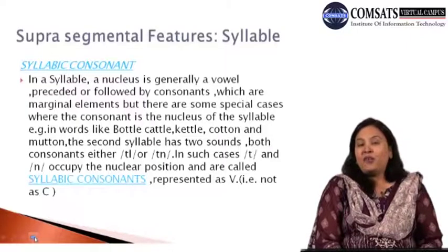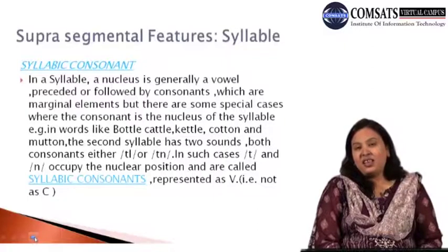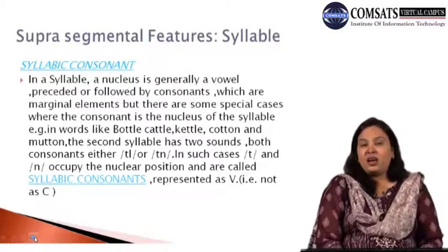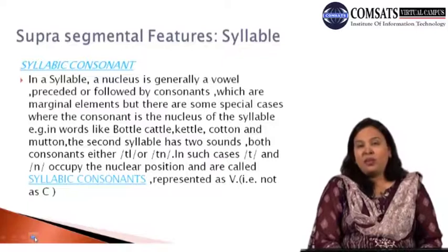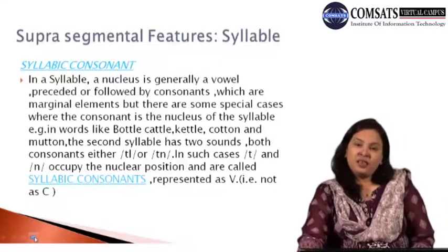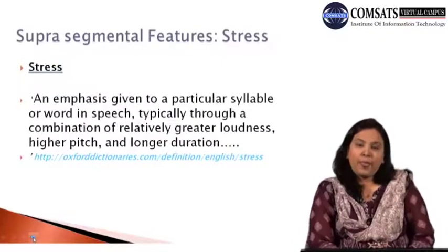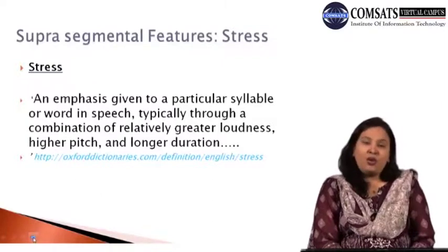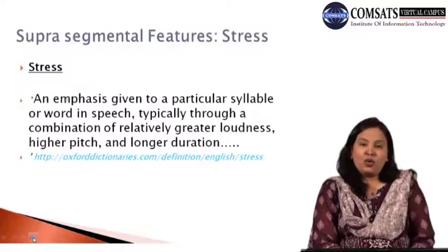then when you are representing it in syllabic form, you cannot say in the second syllable there is CC. Rather, you will put VC, because the consonant which is acting at the nucleus place would be represented with the symbol V, not with C. So after the syllables, now that you know how we can divide words into syllables,